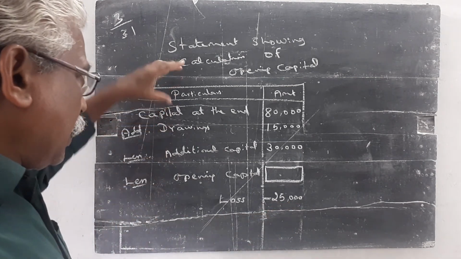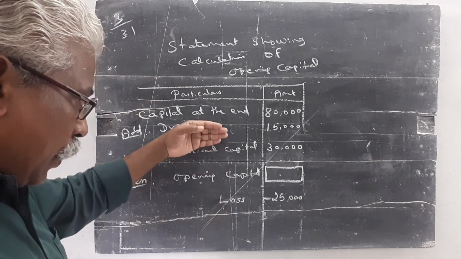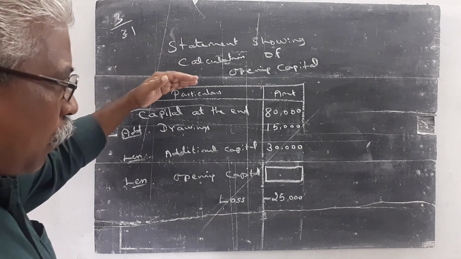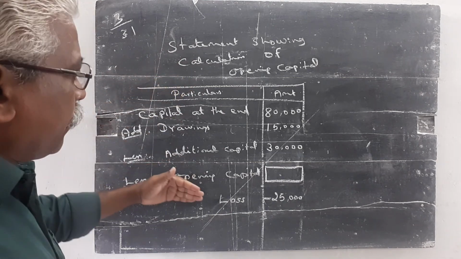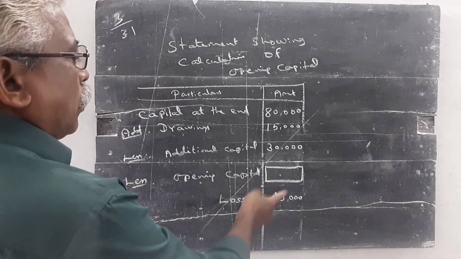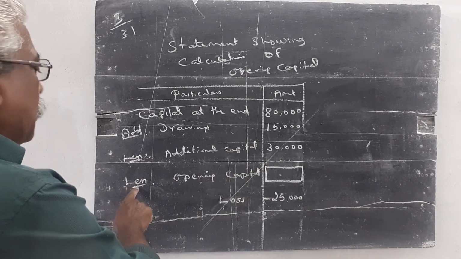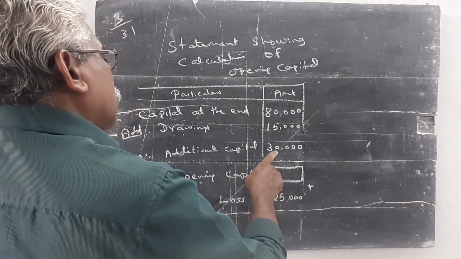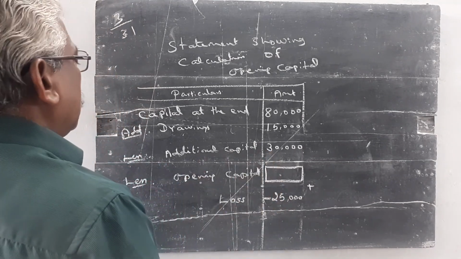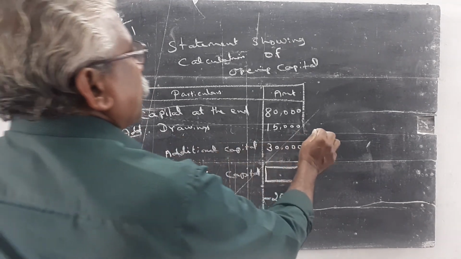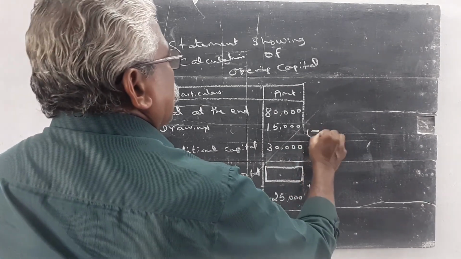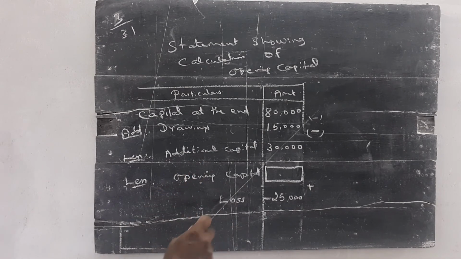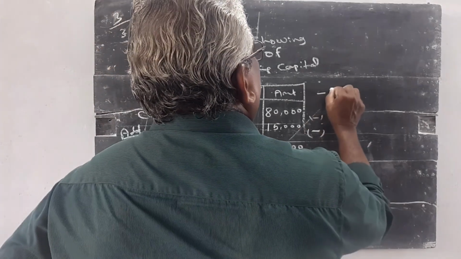If this model of question is given, we have to go from the bottom. In all the sums, if you calculate the profit, we have to calculate from the beginning. But here, we have to calculate from the bottom. Here, any amount is subtracted. Here, we have to add 25,000 plus 30,000. Here, the word add is given, so here we have to minus. Then we minus it. So, we have to write separately. How do you write? Minus 25,000, it is a loss.